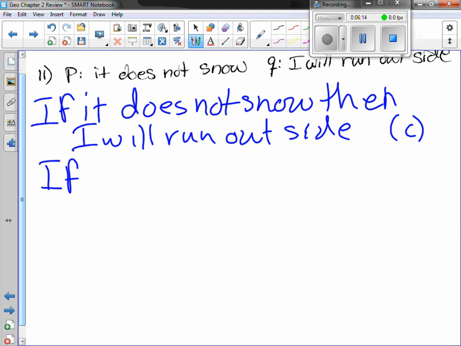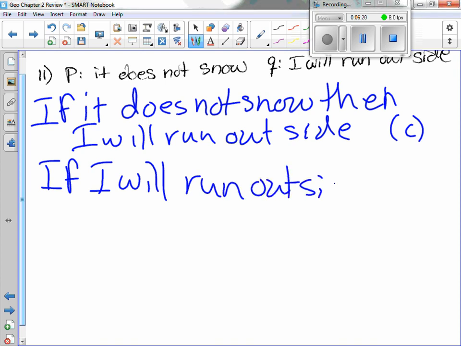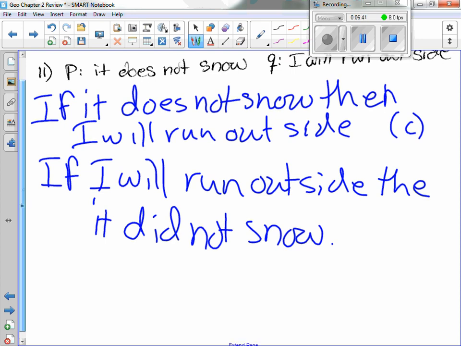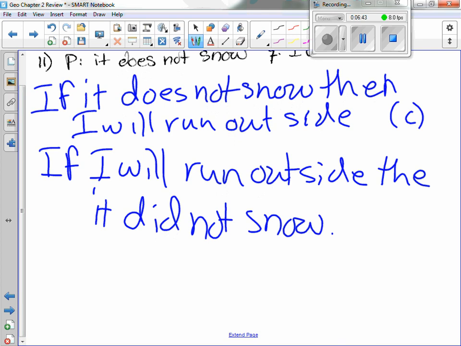Our converse is if Q, then P. I just changed the verbiage, because did not snow, does not snow, same thing. It's just changing the verb tense. So we had our conditional, our converse,